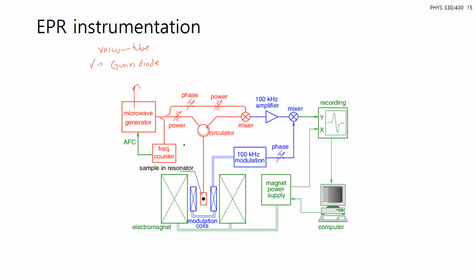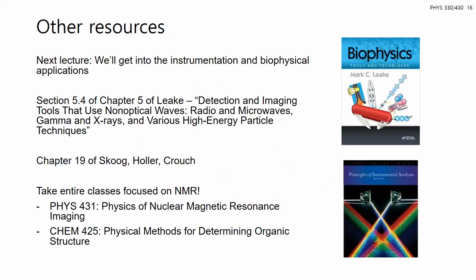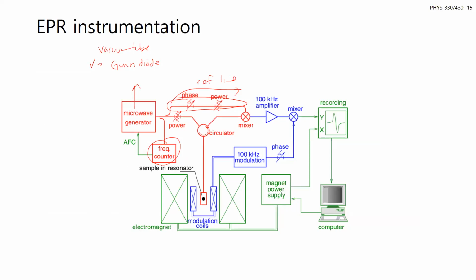You can see that this is traditionally done with Fourier transform as well, so that's why you see this frequency counter. Up here is a reference line, similar to having two excitation bands in UV-vis, and you do the same thing with this microwave resonator. The unique thing here is that you have a circulator